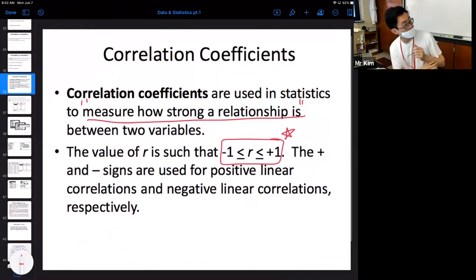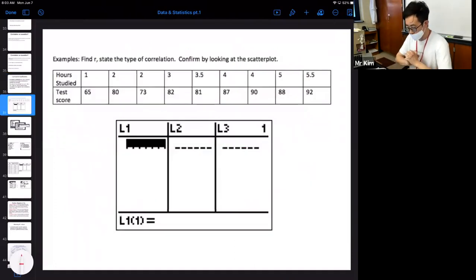And right out of the gate on the next slide, what I'm going to ask you to do is type in all these data points into your calculator. And we've done this before, but I know that we need a little bit of a refresher on how to get to that. Is everyone okay with me moving on? Yes? Okay. So we're going to go to here.